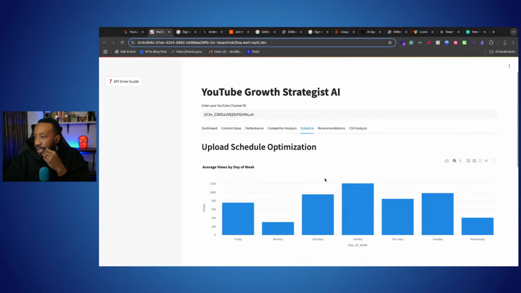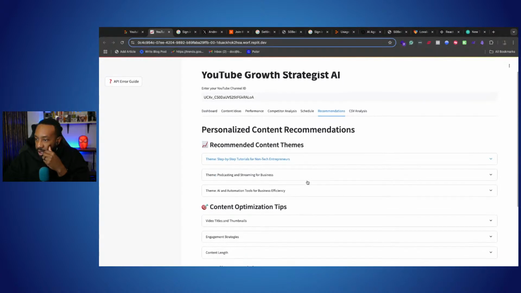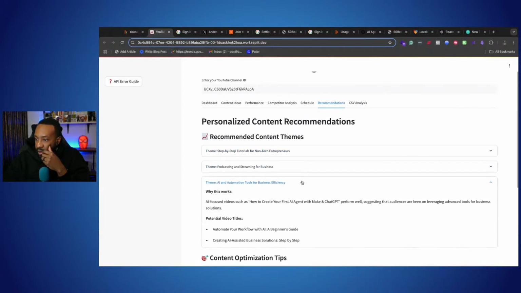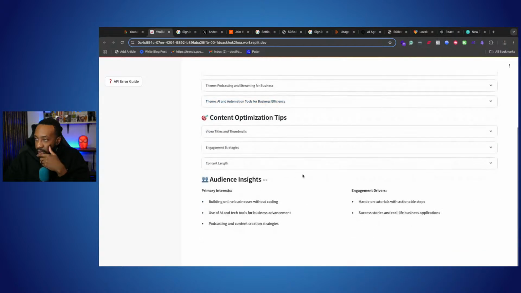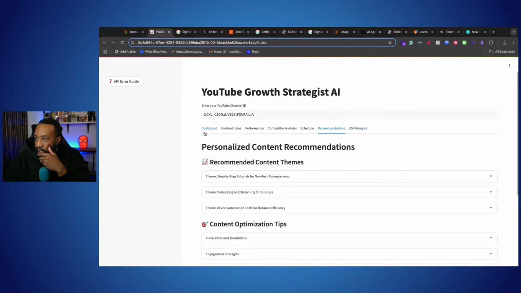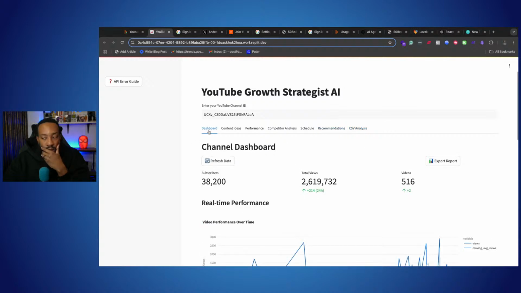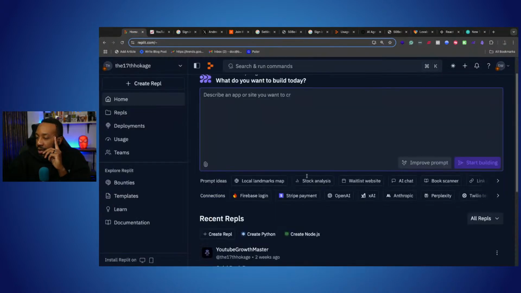Competitors, scheduling, upload schedule recommendations, step-by-step tutorials for non-techies, podcasting, AI, and automation. It's pretty much on the money. So we added OpenAI, and we also added the YouTube API. I think I like this app quite a bit. It was fun. And then our other one,